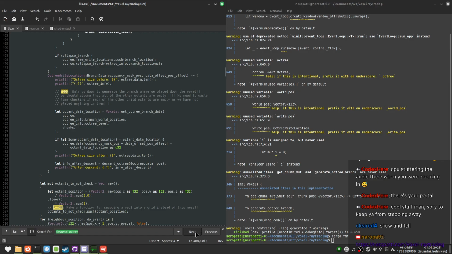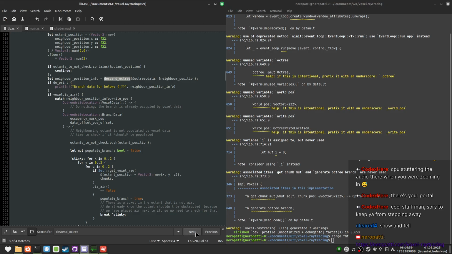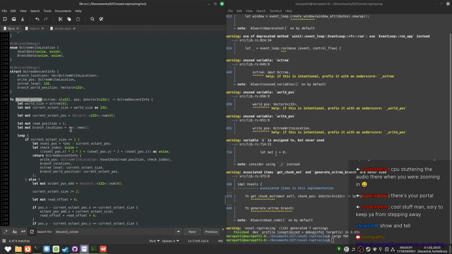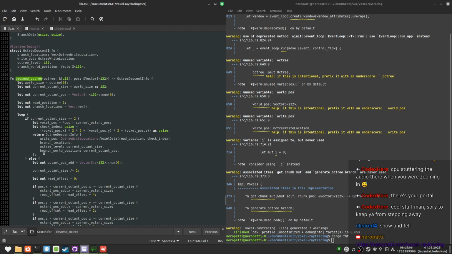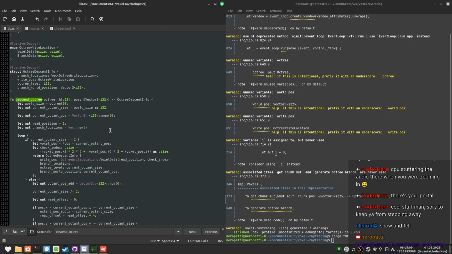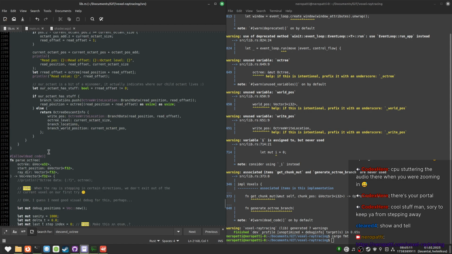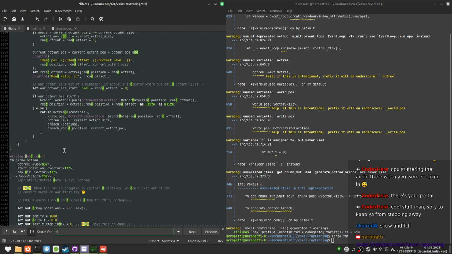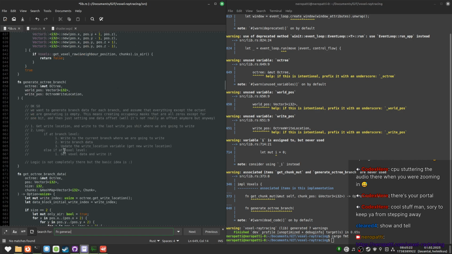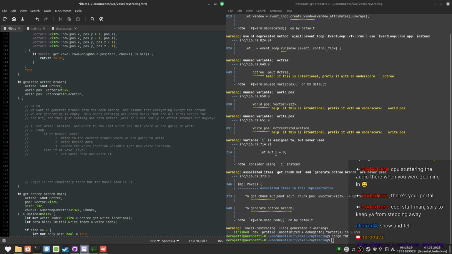I kind of want to go to the descend octree function and then we start from there. Or do I want to go to generate octree? Oh, do I already have a function for this? Oh yeah, I do. I love the fact that I've written some thoughts down in here.